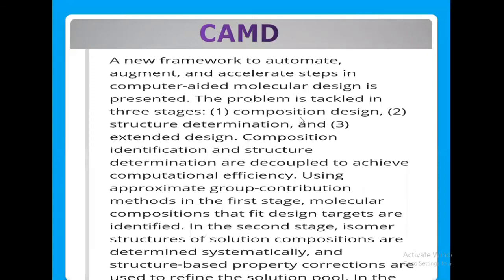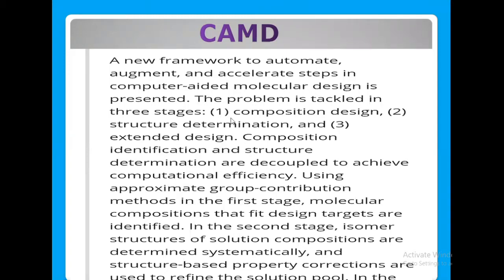First stage, assessing the composition of the design. What is the composition of the molecule? Second stage, structure determination, determining the structure of that molecule, 3D structure or 2D structure, whatever it is. The third stage, extended design. Any further modification of the design is called extended design.